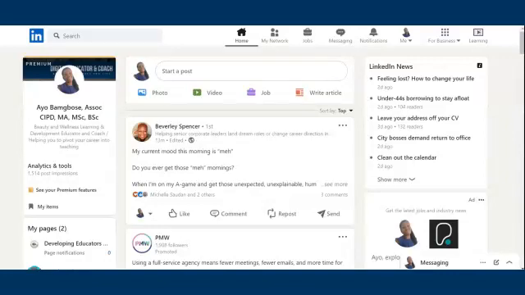So that's what you need to have first and foremost. If you have all those, what you'll now do is write your article. So you will log into your LinkedIn account. It'll be your personal profile, and you can even do it on your company page.